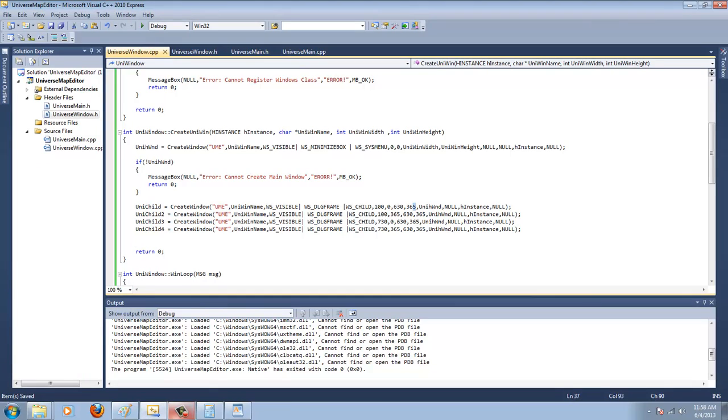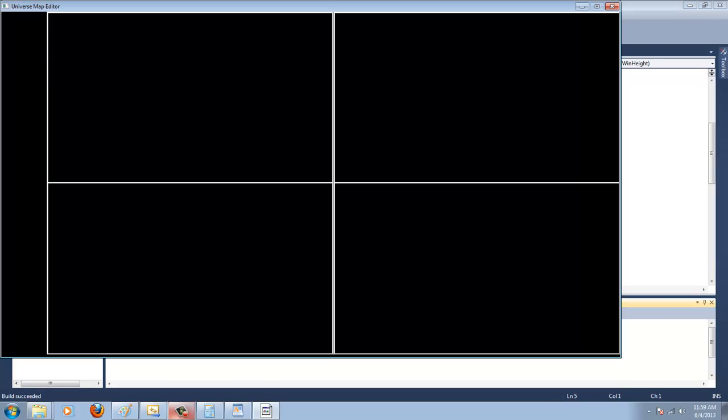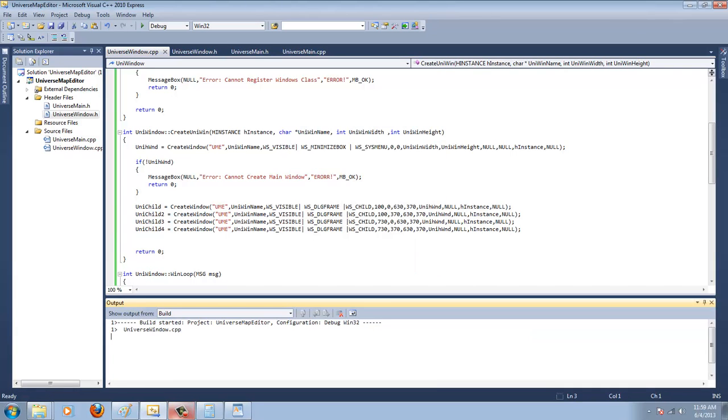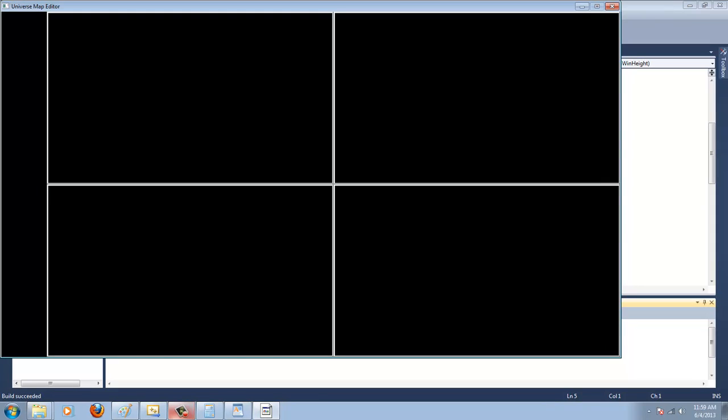mess with the height, we'll make it 70, 70, 70, and 70. There we go, and obviously we have to move that down, so gonna change that. So the final